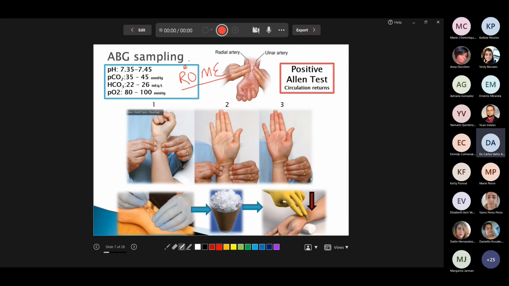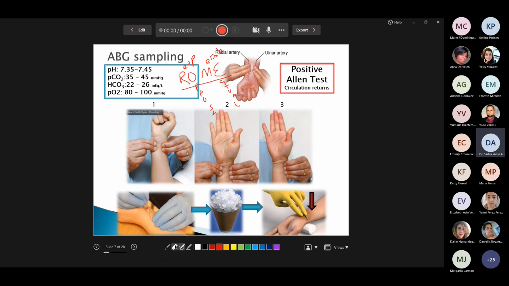R means respiratory, M means metabolic, and O means opposite, okay? And E means equal, okay? So it's not difficult to remember that R is respiratory, M is metabolic, O is opposite, and E is equal,